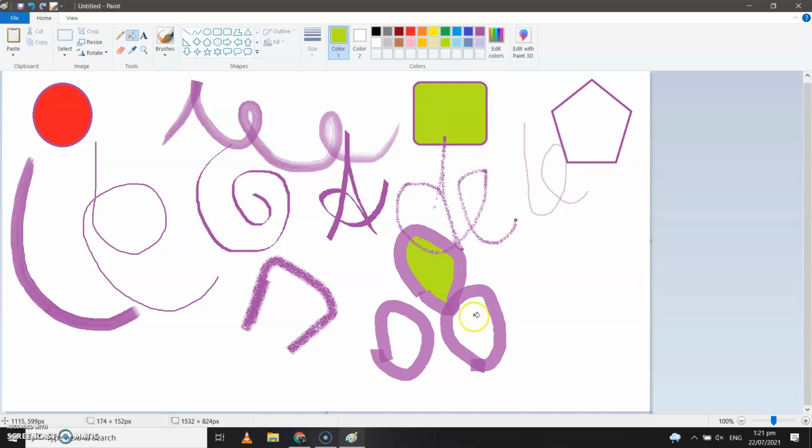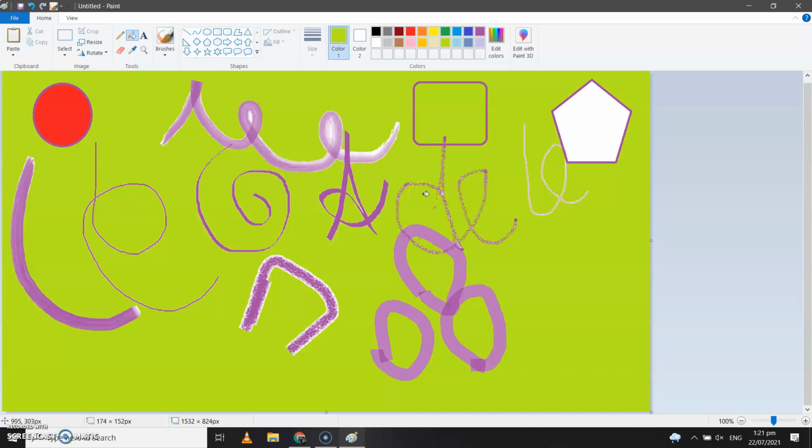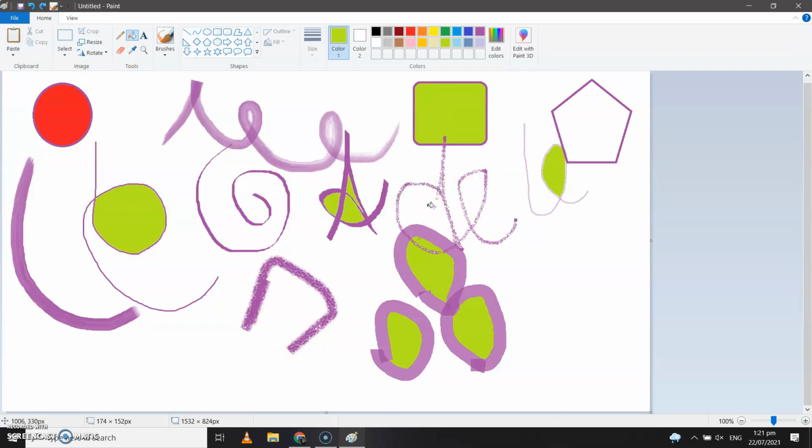Okay, see, this shape is closed, I can fill color. This shape is closed, I can fill this. This shape is also closed, I can fill this. This is a closed shape, I can fill. See, all the closed shapes I can fill, but I cannot fill the shapes that are not closed. I cannot fill any shape that you have drawn using a brush. Why? Because in brush they have gaps in between, right? So if I select fill color now, the whole canvas will get filled. So these are few points that you need to remember.